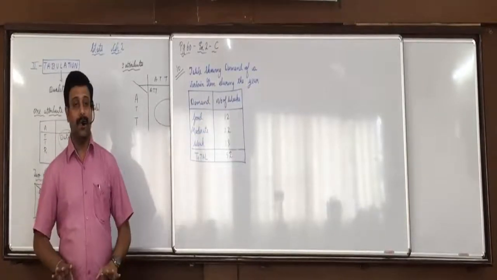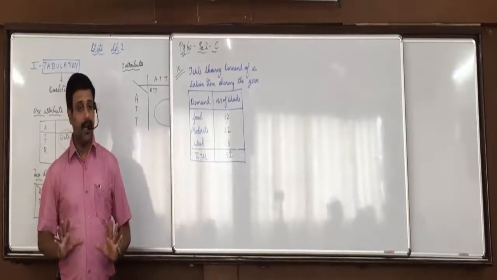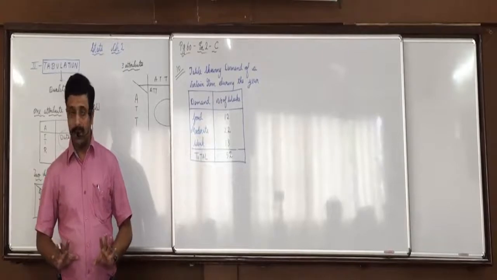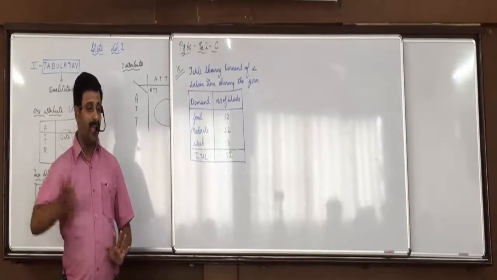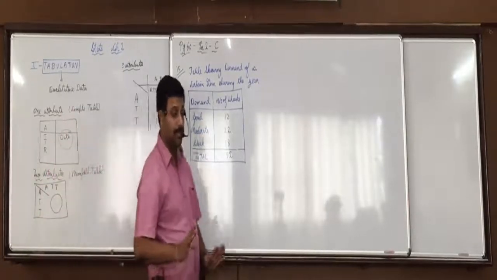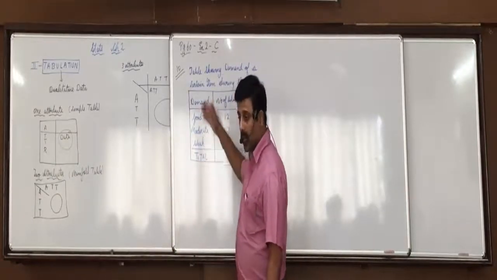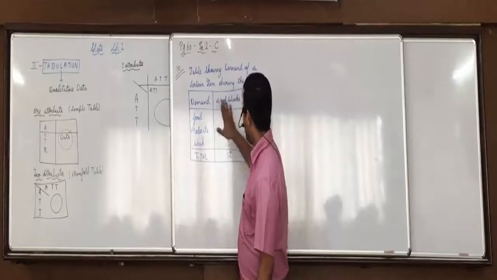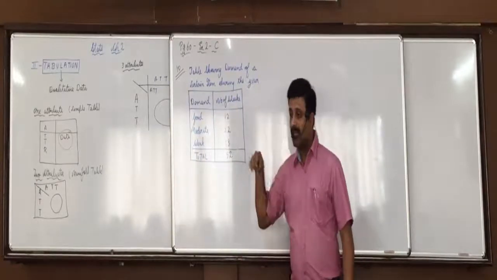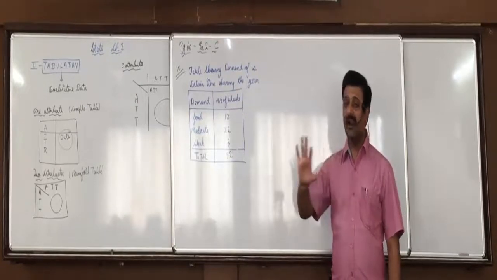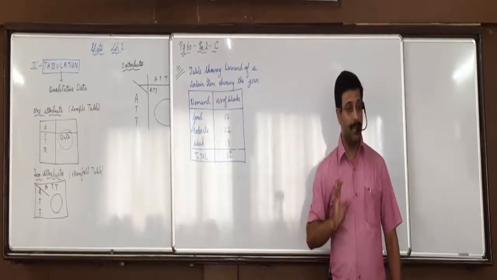By the way, any attribute can be written in rows, any attribute can be written in columns. There is no thumb rule that you have to write the first attribute only in rows. Even if you write married, unmarried, total in rows and male, female and total in columns, your table is correct. But we'll follow a fixed rule so that we don't get confused.